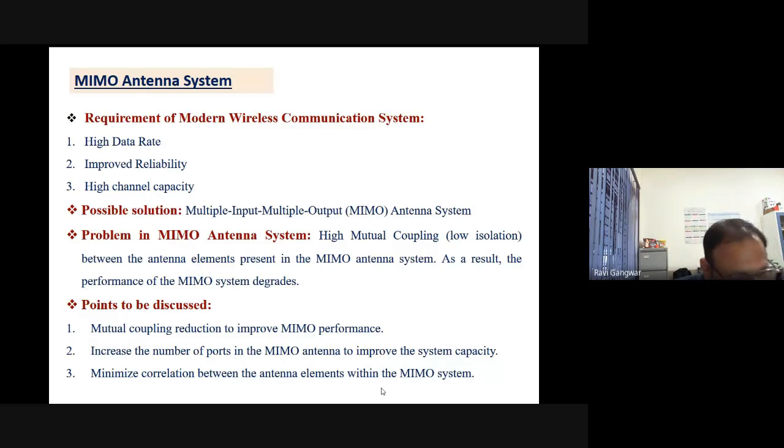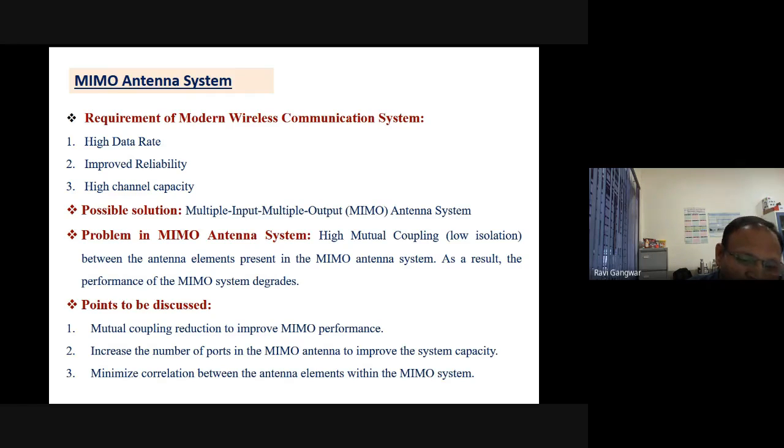So these are basically the major points which I am going to discuss here: the mutual coupling reduction techniques, how we are going to improve the MIMO performance, and what are the different techniques on the basis of which we can reduce the mutual coupling. Then we are going to see the